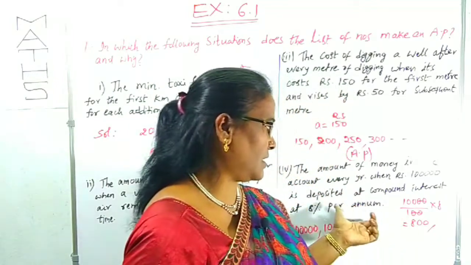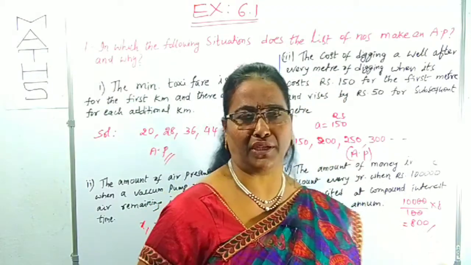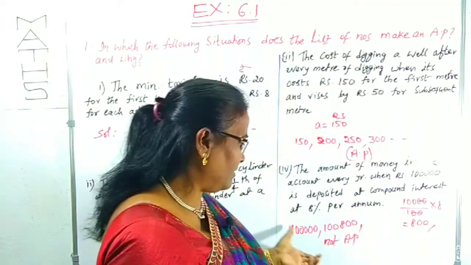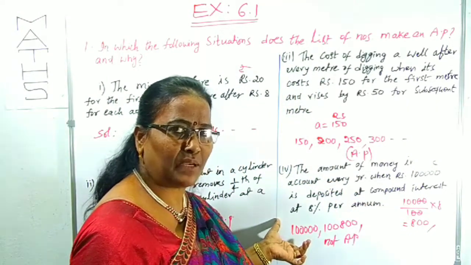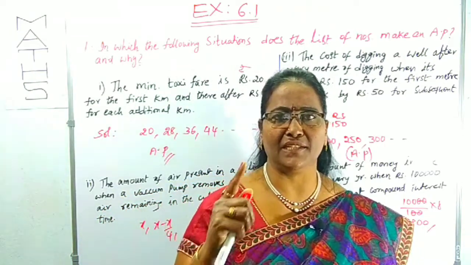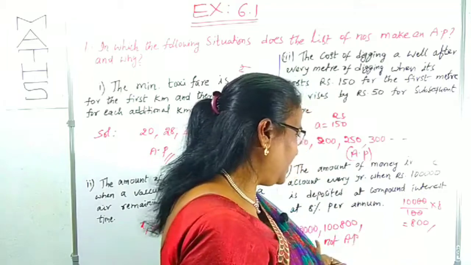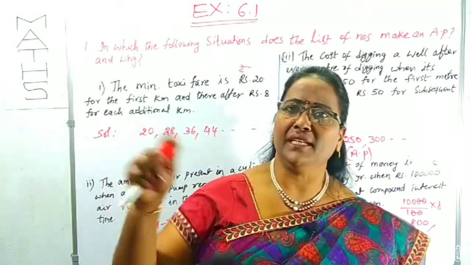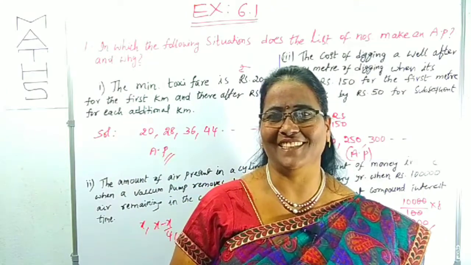So this is not simple interest, it is compound interest. Simple interest means it will be fixed, calculated for the principal amount only. You won't add interest on interest in the case of simple interest. But compound interest is not like that. We pay interest on the interest we already paid, right?